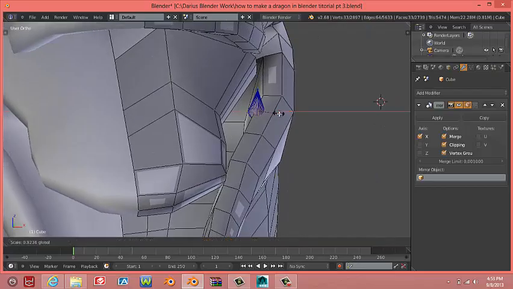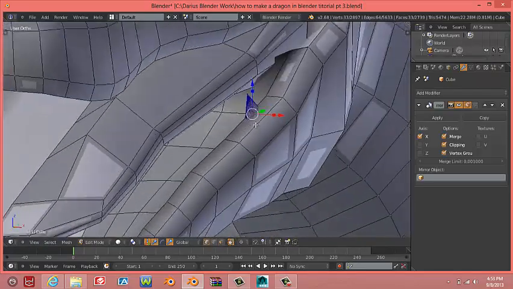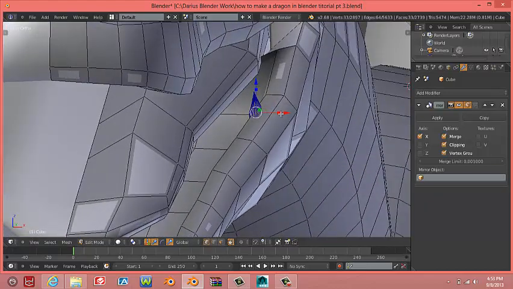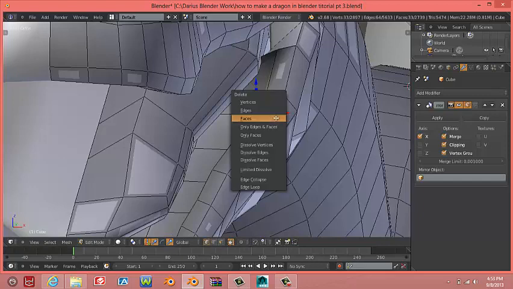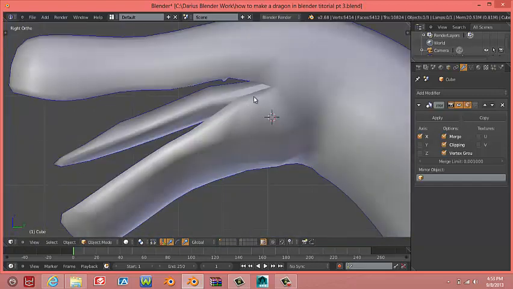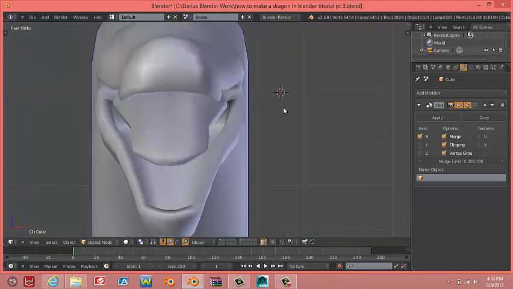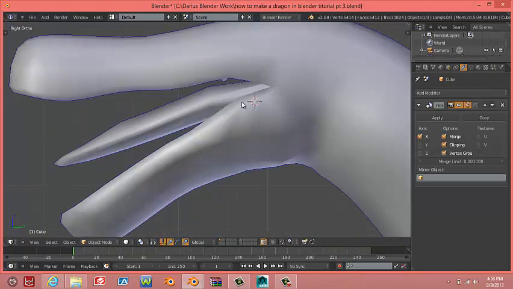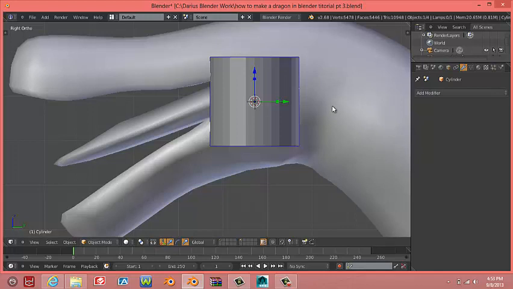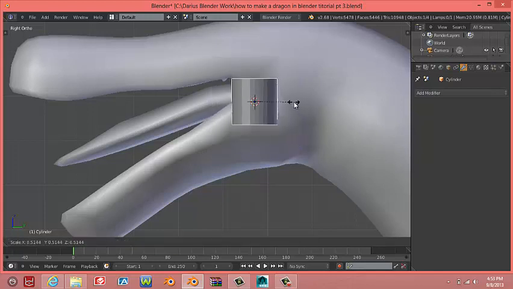And okay, you know what? It's bugging me that it has so many vertices, because that'll up your render time, and that's not really what you want. So hit X, delete that, tab. We'll do what I was gonna do before. Move the 3D cursor. Shift A, mesh, cylinder, scale it down,